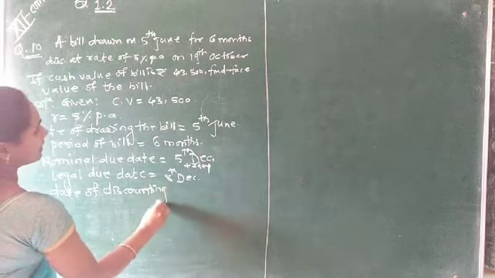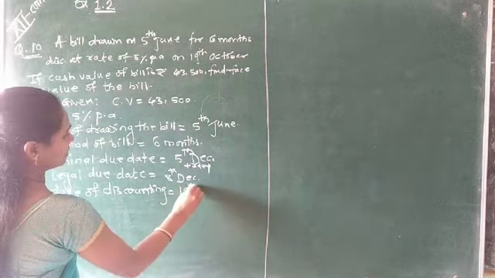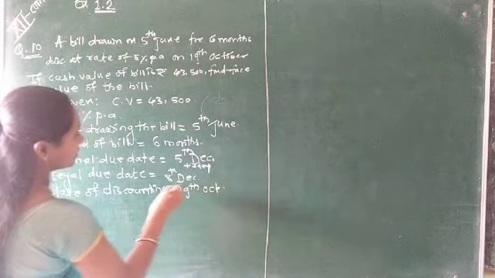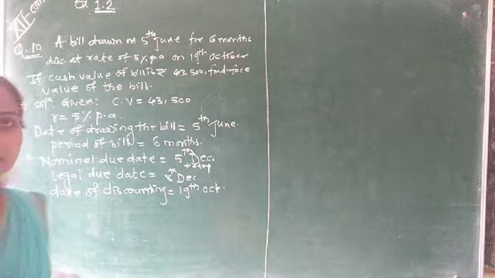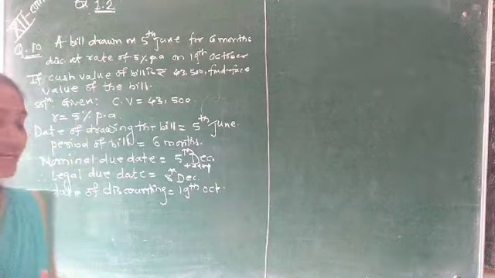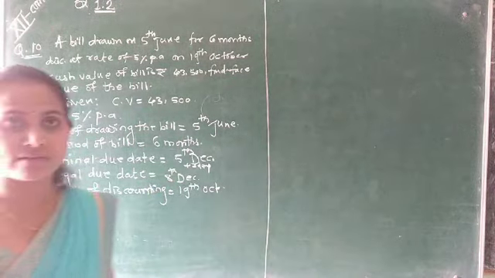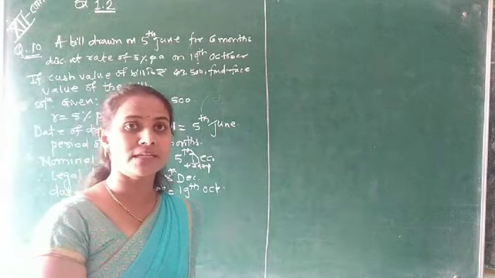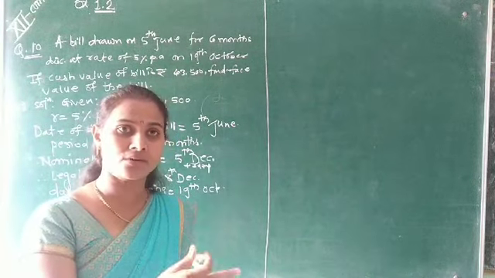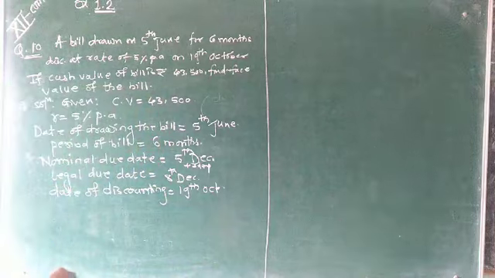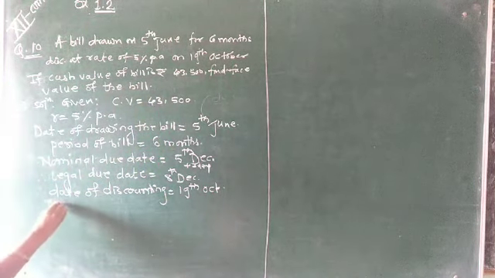म्हणजे बिल किती तारखेला भरले आहे, 19th ऑक्टोबर. ऍक्च्युली भरायचं कधी होतं, 8 डिसेंबरला भरायचं होतं, भरलं गेलंय कधी 19th ऑक्टोबरला. म्हणजे किती दिवस अगोदर बिल पे केलंय तेवढ्या डेज आपल्याला सुरुवातीला फाइंड करून घ्यावे लागतील. We are going to find the number of days from the date of discounting to the legal due date. Therefore, total number of days